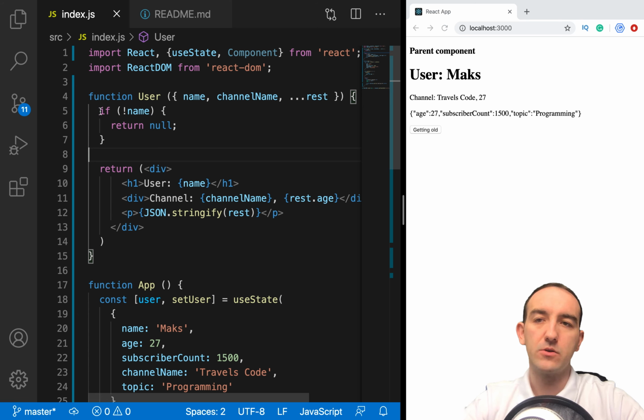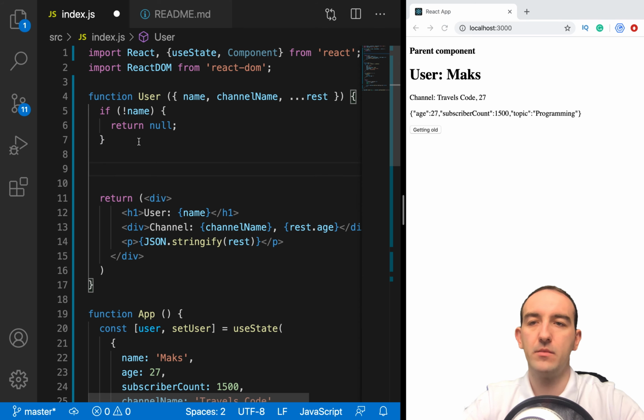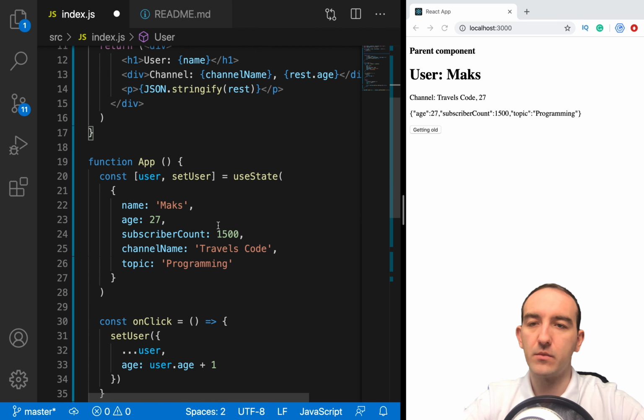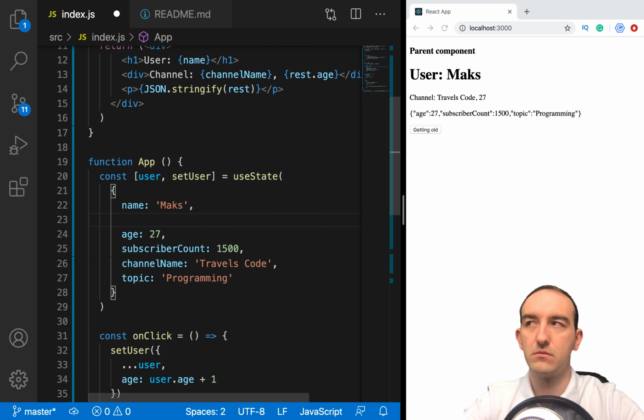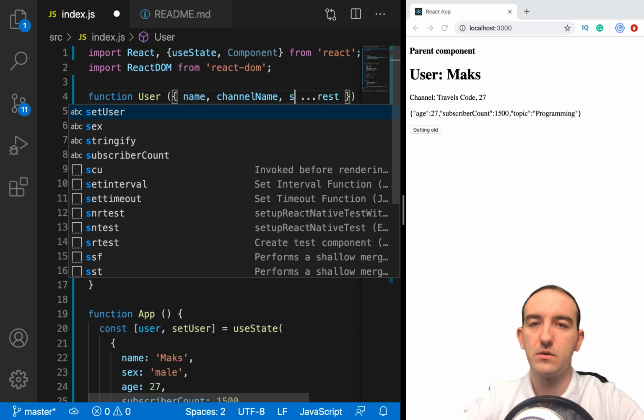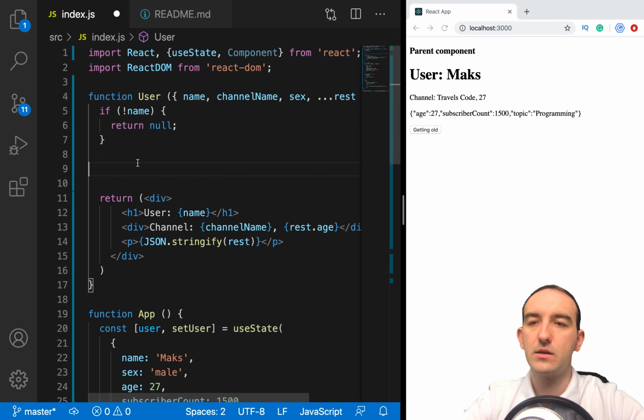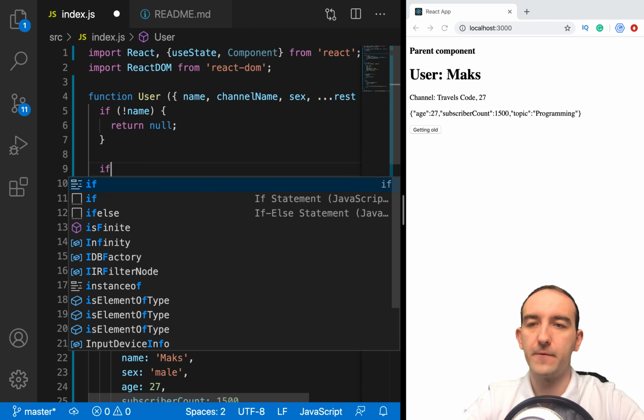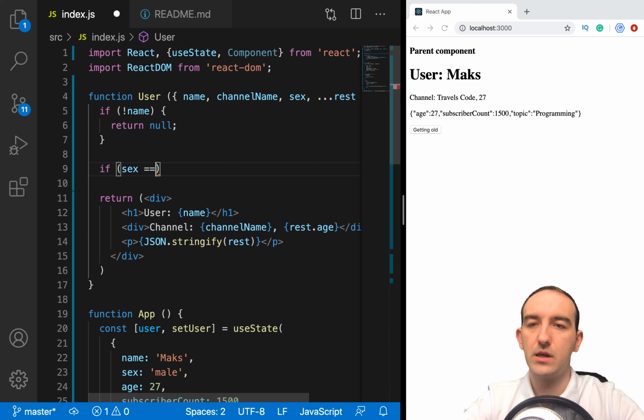Okay, also we have a second part of this construction with else. For example, let's check if we have name. Let's add one more field, for example, sex. It's male. And let's pass it. Okay, let's use our destructuring assignment. And let's add something like if sex is male,